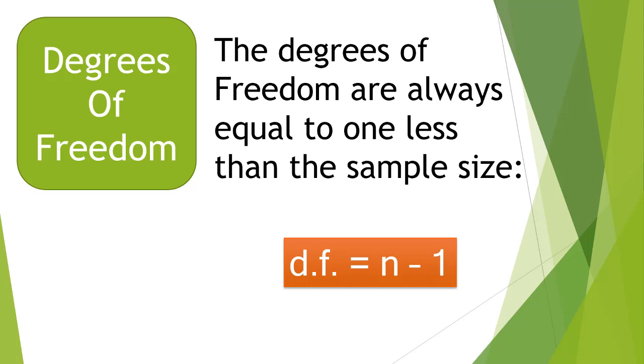So when you have a set that has n objects in it, and you're trying to place them in n different positions, for n minus 1 of them, you get to make a choice. But for the very last one, there is no choice. So there's no freedom where that last one goes. That's what degrees of freedom are about. How many times do you get to make a choice? Well, if you're putting n objects in n positions, you only really get to make a choice n minus 1 times. So let's take a look